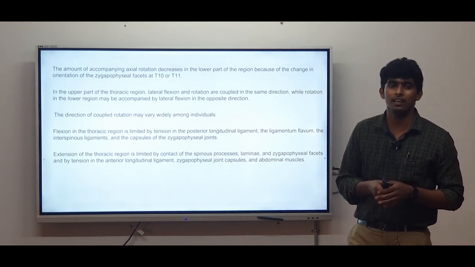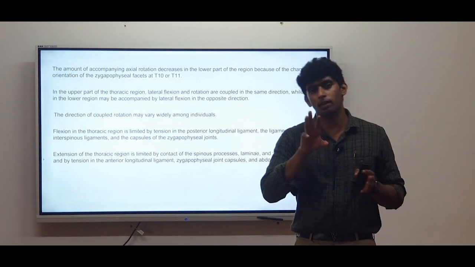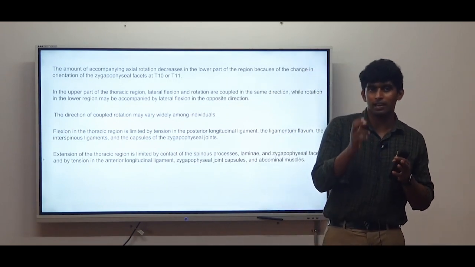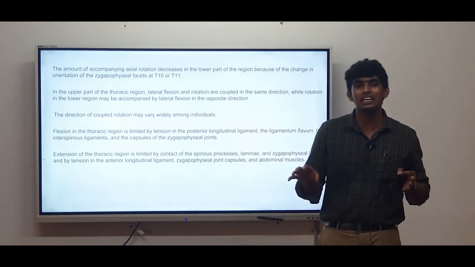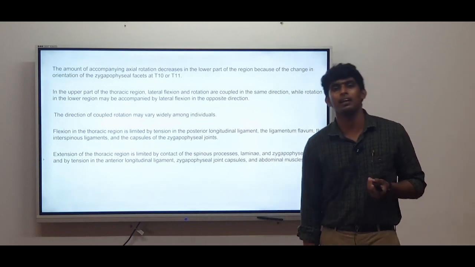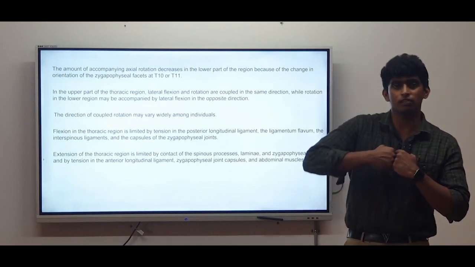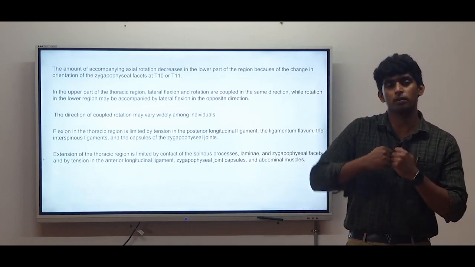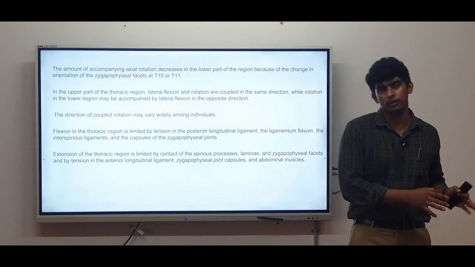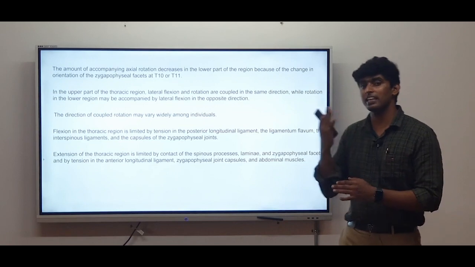As I had explained, the role of a ligament is to stabilize the joint, either by preventing the movement initially or by completely preventing it. The ACL, the anterior cruciate ligament, is an example. It is situated in the knee joint, and it will prevent further anterior translation of the tibia after a particular moment. So here the posterior longitudinal ligament will be limiting the flexion,